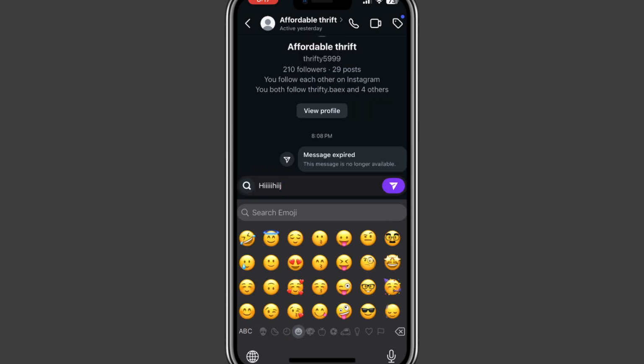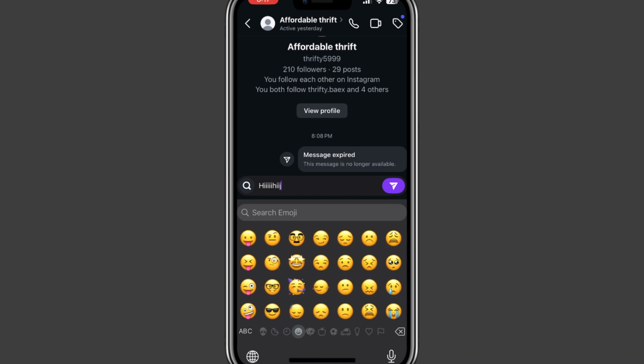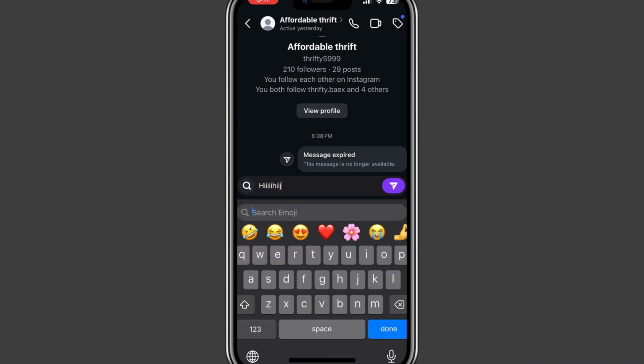Here you can see many emojis available. Scroll through it, or you can also search for specific emoji by searching it right here. Now once you search for it, then tap it to add it like this. And once your message or caption looks great, hit the send button, and just like that you added the emoji